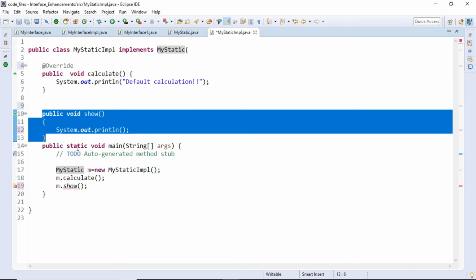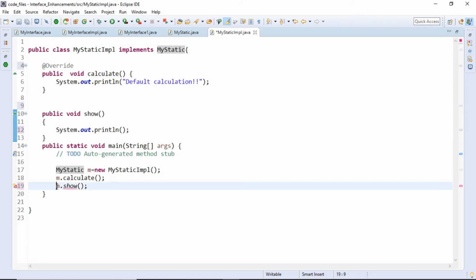So make sure that whenever you work with a method implementation which is a static method, you cannot say that it is an overridden method. To call the static method, you always need the reference of your interface rather than the reference of your class, right? So this is about another change in Java 8.